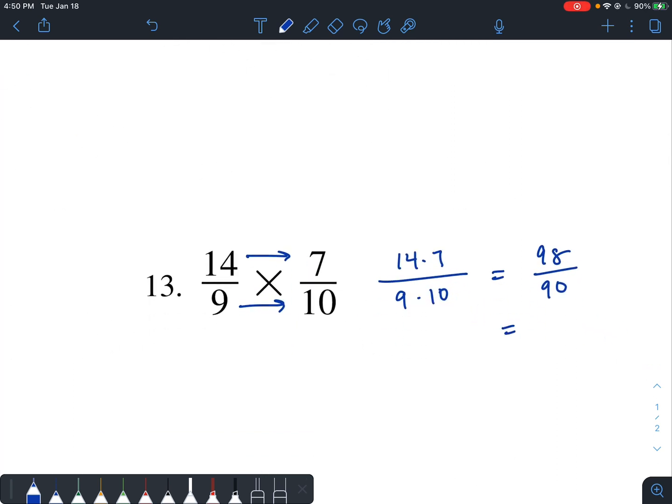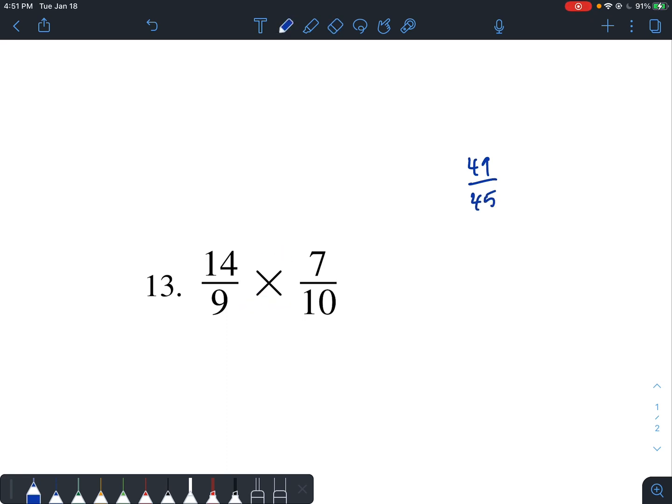So we know that both of these are divisible by 2, so if we reduce them by a factor of 2, we get 98 divided by 2 would be 49. 90 divided by 2 would be 45. And I think that's as low as that can be reduced. Now, so we did this by multiplying straight across and then simplifying here, but we could even do this an alternative way. So remember that we ended up with 49 over 45, but let me show you an alternative way